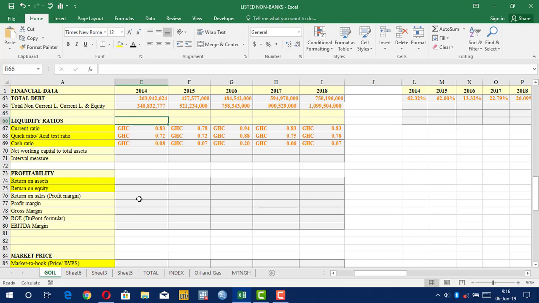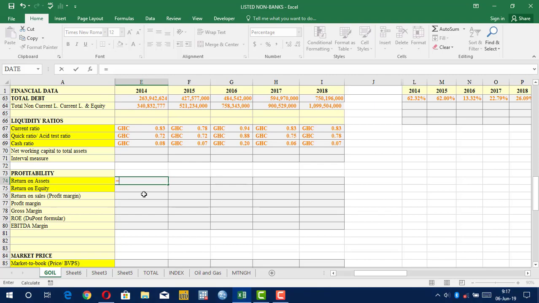Not just these 2, there are others, but the basic ones that you normally look out for are return on assets and return on equity. So return on assets looks at how profitable the company is with respect to its asset utilization. In here we are going to take the earnings before interest and tax,